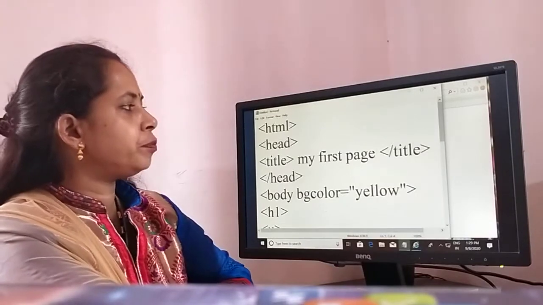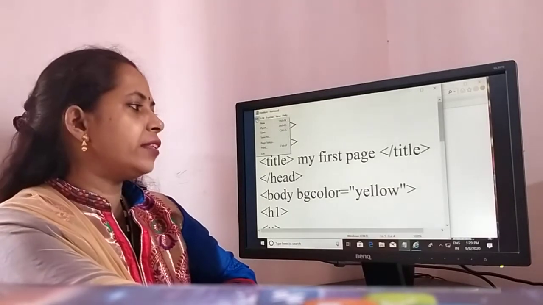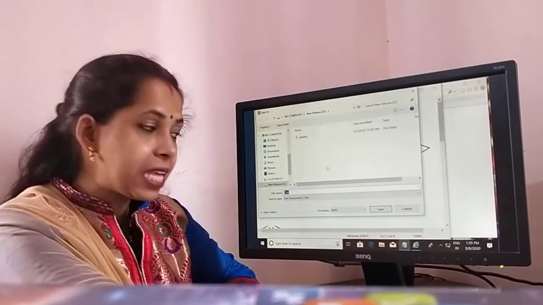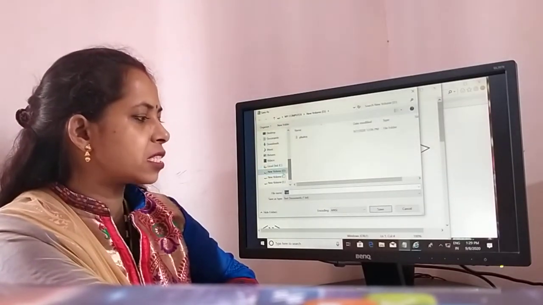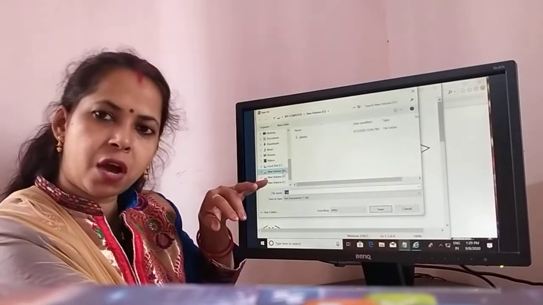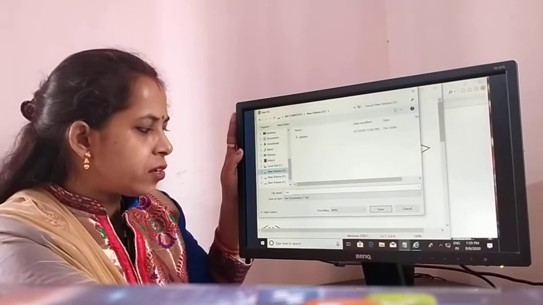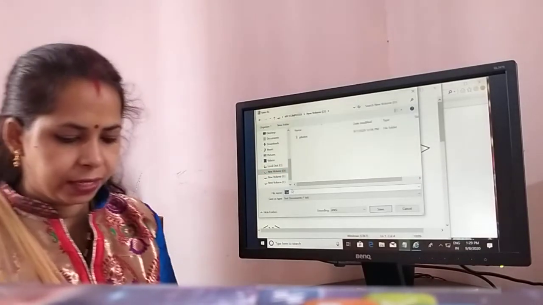See everyone, go to the File menu, then Save As option. The first time we save, that's why we have to take the Save As option. After that, we decide where to save our file. I decide D drive. Then write the new file name.